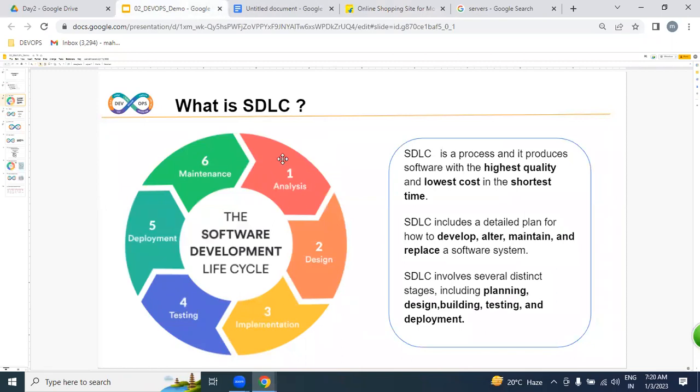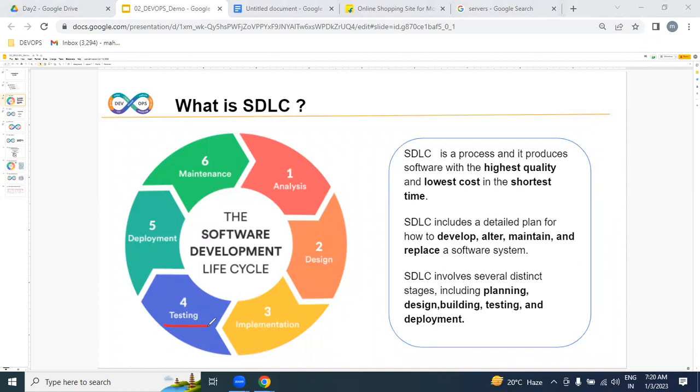After gathering information from the client, our architects will design. Design is nothing but a plan. According to the plan, our developers will implement by using any programming language like Java, .NET or Python. Once the software is implemented, our testers will verify whether it is working or not.